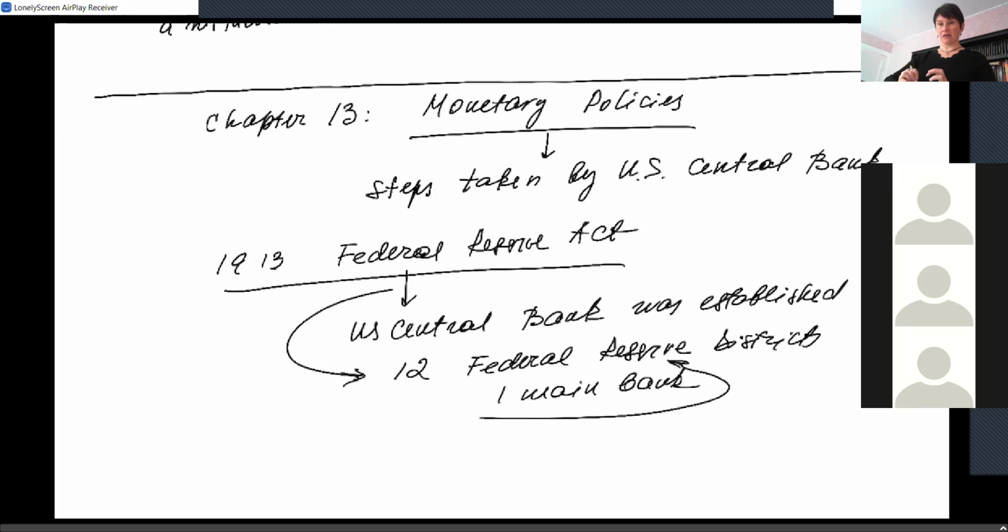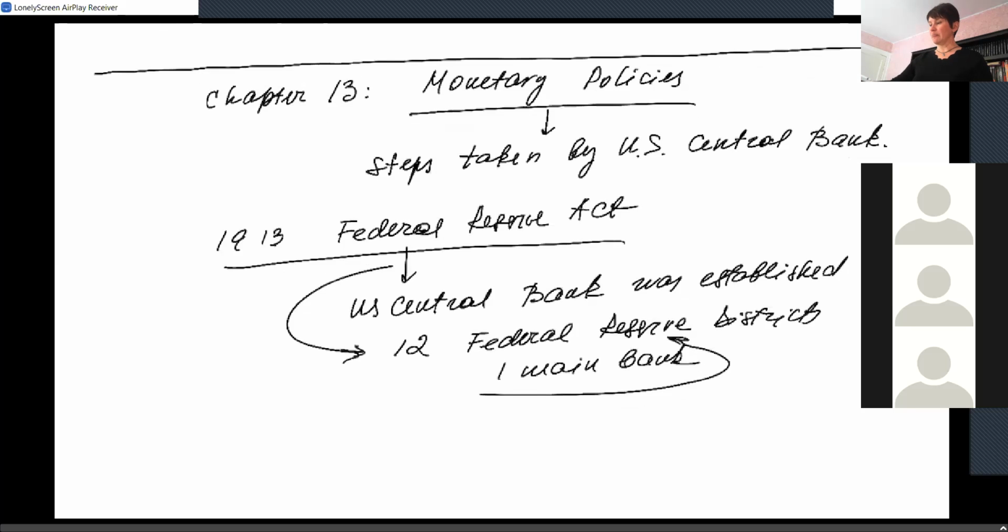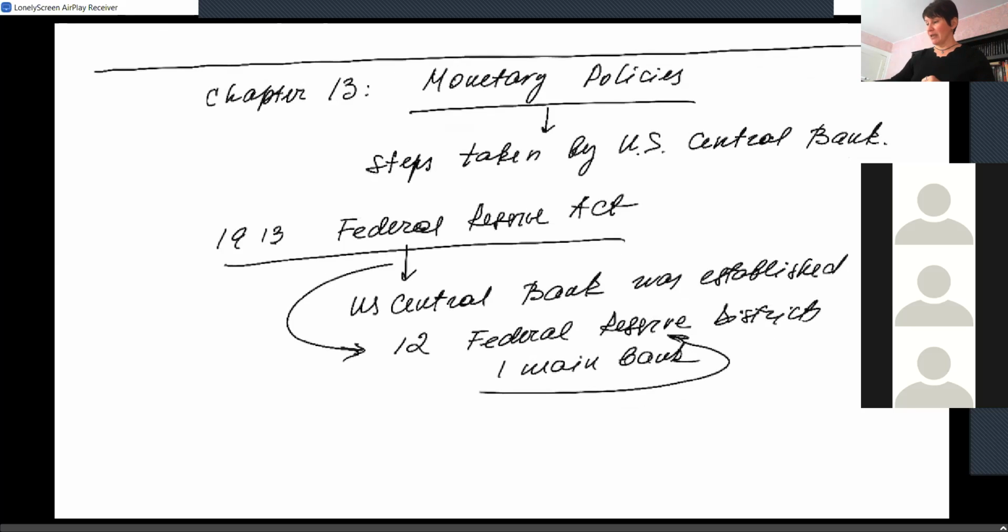That main bank supervises all the rest of the commercial banks in its own district, making sure all banks have the same currency. Okay, so if you travel through the country from New Jersey to California, you have the same legal tender. Okay, the paper money with presidents on them, right? So wherever you're coming from, as long as it's the US, you can possess the same purchasing power wherever you are. Okay, so 12 main federal district banks is what comprises the US central bank.